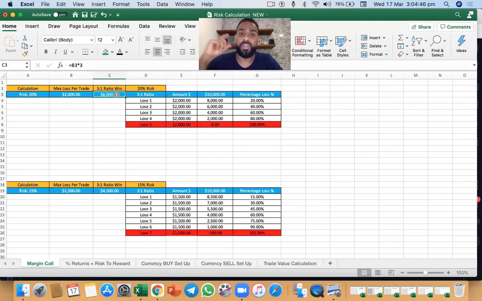But what we see is, guys, when you're risking such a high amount per trade, it takes 5 trades for you to blow all of your money. Now, some people risk 25% of their account on a single trade. Some people risk all of their account on their trade because they don't understand that the market moves in percentage terms. It can wipe out your account so quickly if you don't understand how much, as I said, a currency pair,